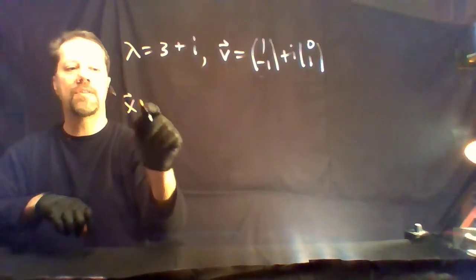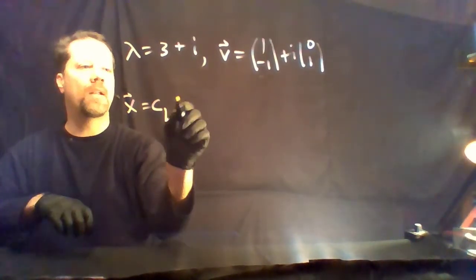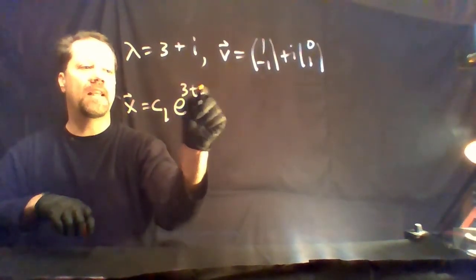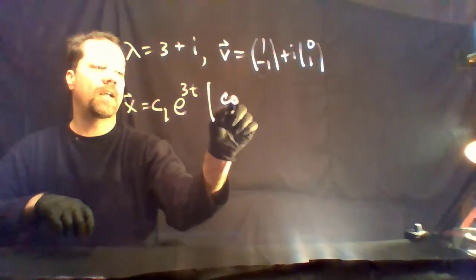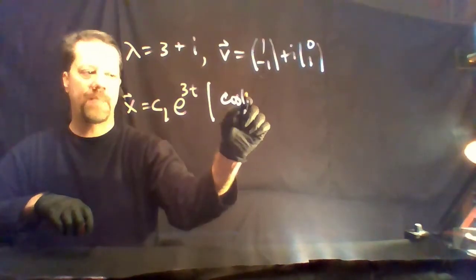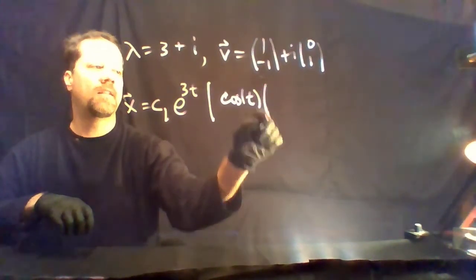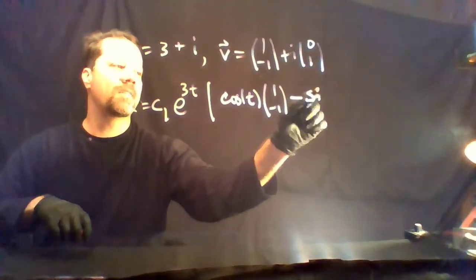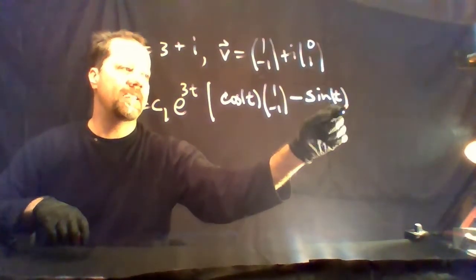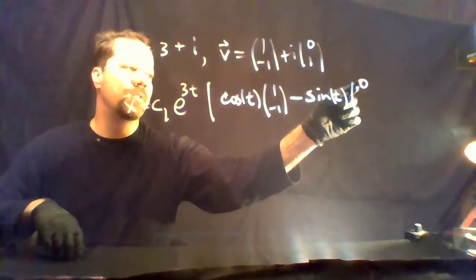It follows that the general solution is going to be C1 e to the 3t times cosine of beta t, beta is 1, times the vector u, (1, negative 1), minus the sine of beta t times w, which is (0, 1),